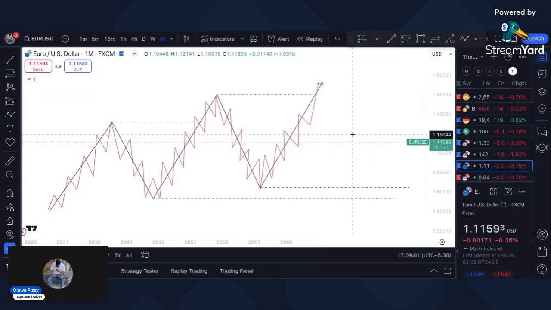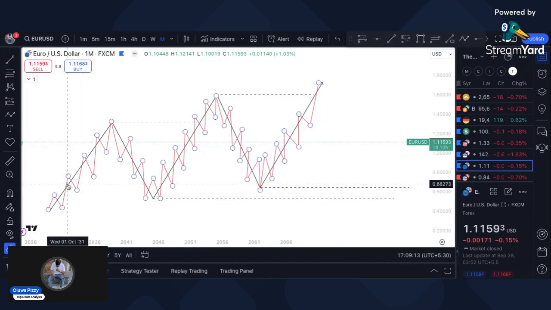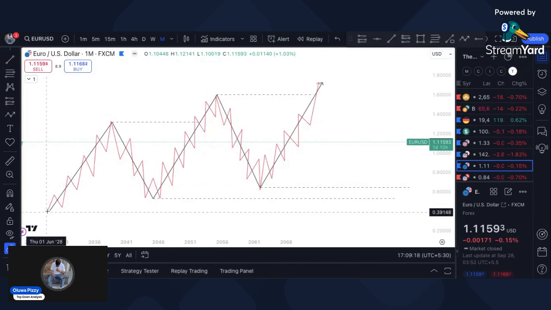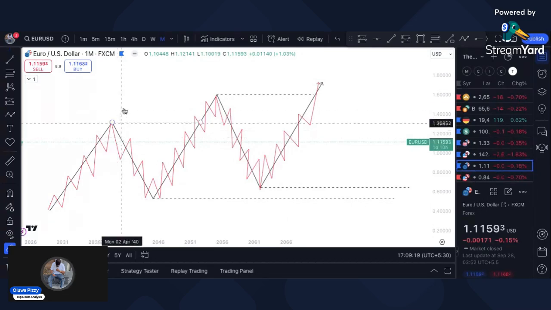Right now this black is our monthly time frame. This is our monthly time frame. The red is our 1 hour time frame. Let's just keep it that way. So on this bullish run,